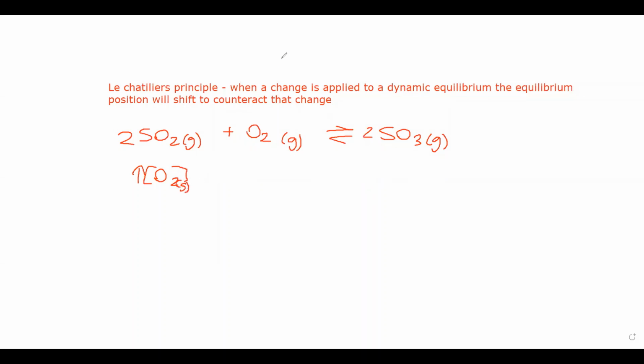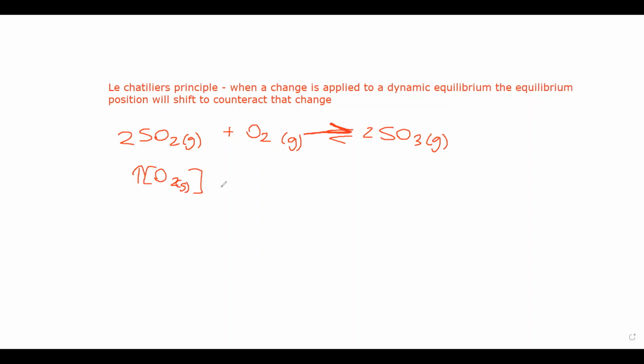So when we increase the concentration of this O2, what we're saying is that now it's more likely that things will collide with O2. We are saying that it's more prevalent within our box that we're trapping everything in, because remember the dynamic equilibrium needs to be in a closed system, and we've added more oxygen in there. So because we've added more oxygen in there, we've made it more likely that oxygen will collide with the SO2, or I should say more likely that the SO2 will collide with an oxygen. If we're getting more frequent collisions, that means we're more likely to have a successful collision, and therefore we're more likely to form SO3. So the forward reaction is more likely to occur,